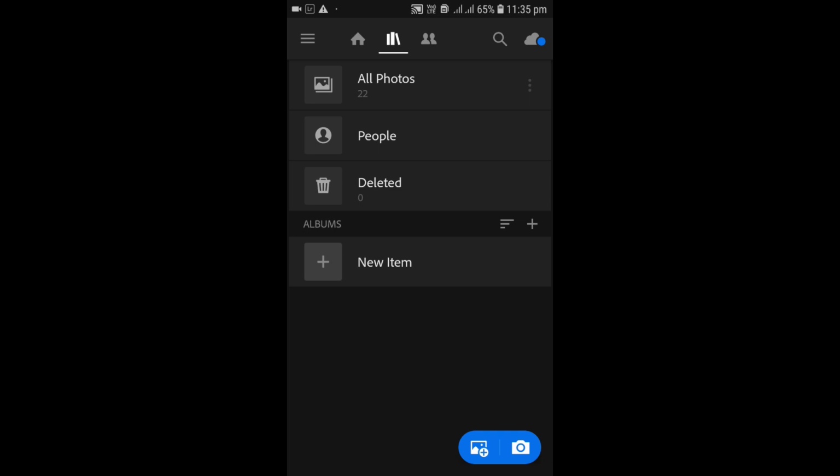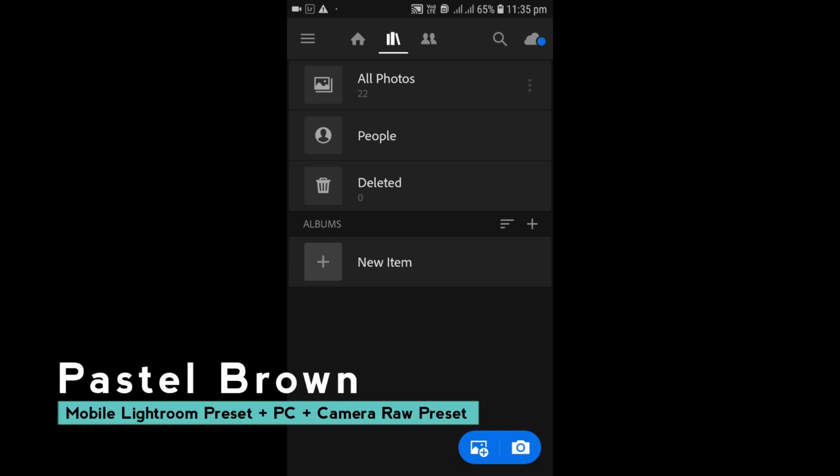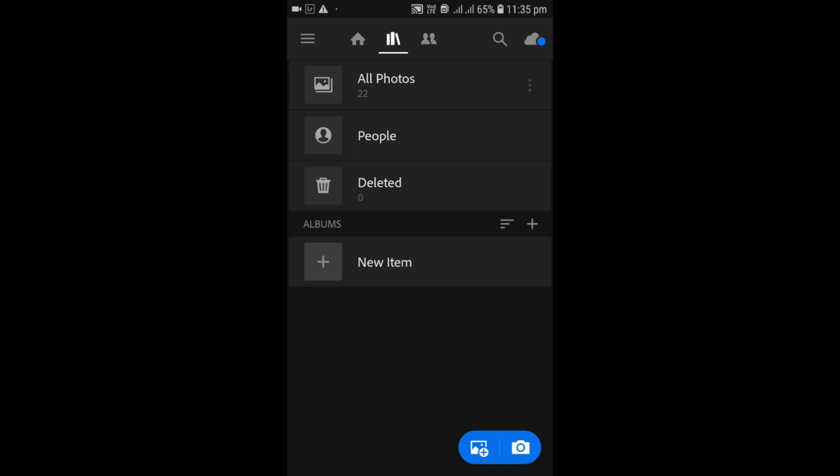So guys, the very first thing all you have to do is just download the pastel brown preset in the form of mobile Lightroom, PC Lightroom, also the camera preset. So just download, copy that mobile Lightroom DNG preset file to your mobile or SD card, and just open the